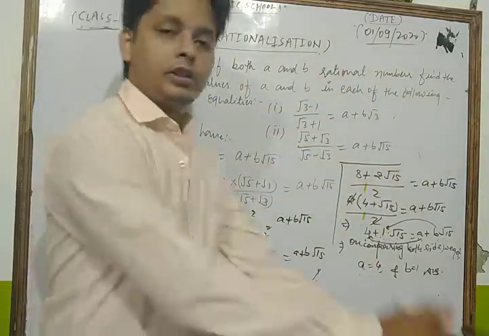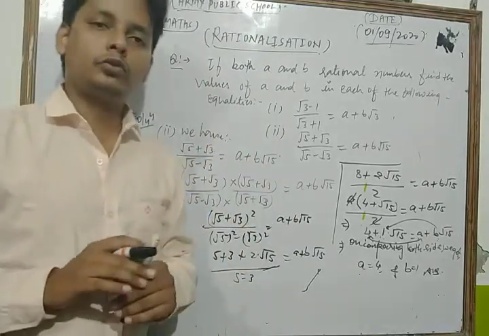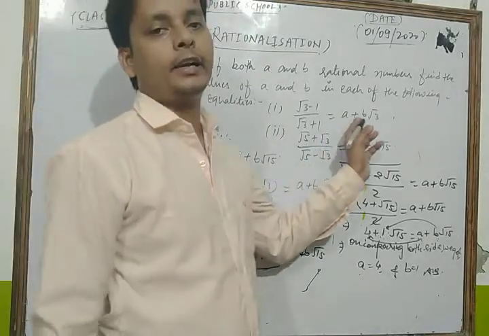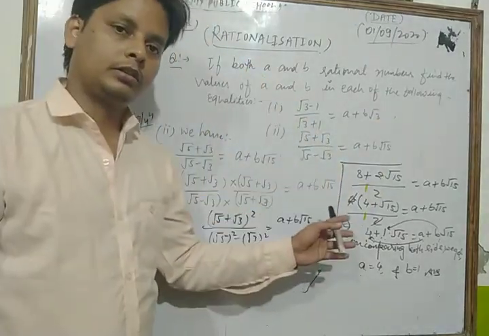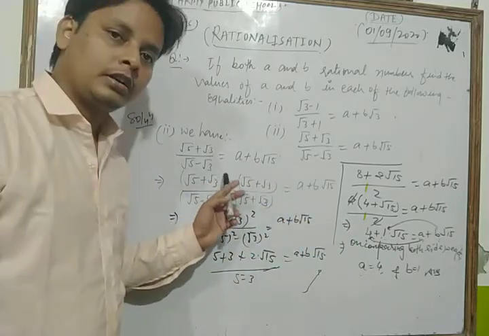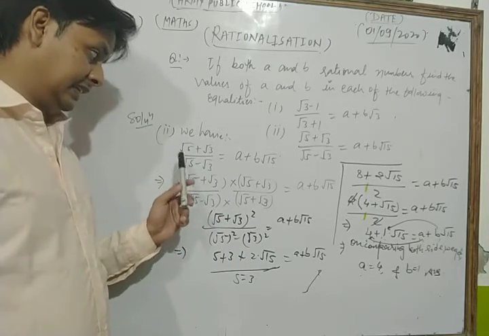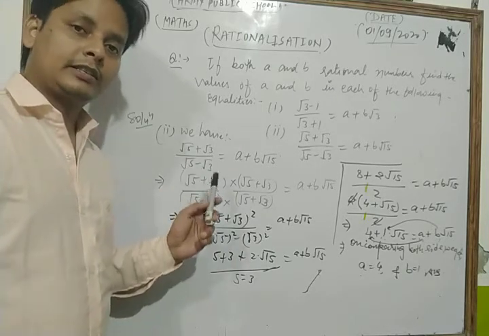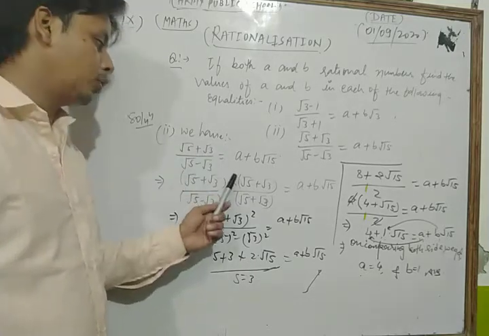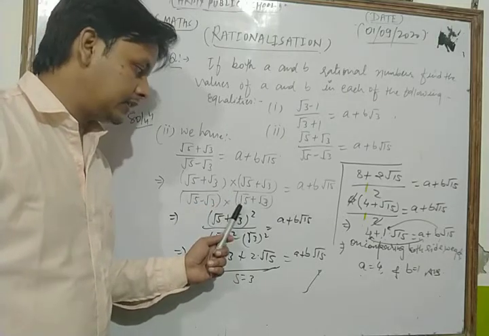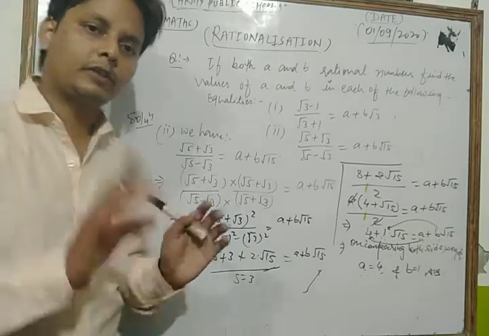So thus, dear student, this is the method to rationalize that type of question and to evaluate the values of a and b. Dear student, let's see it once more. In that type of question, first you write the given question. After that, on the left hand side, we rationalize. To rationalize the given fraction, first of all we must multiply both the numerator as well as the denominator by the conjugate of its denominator. Okay, this is the process.